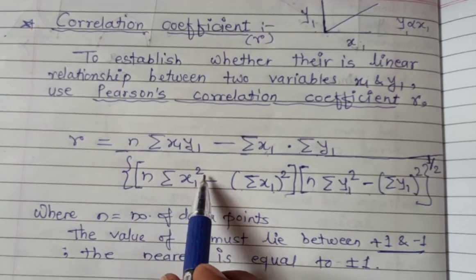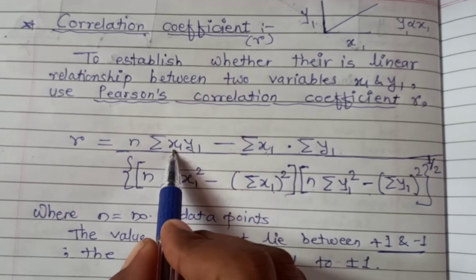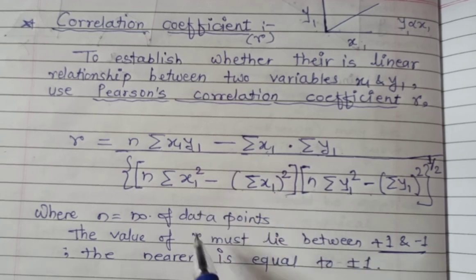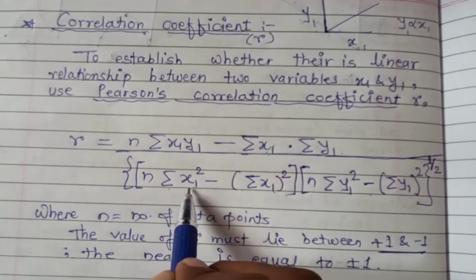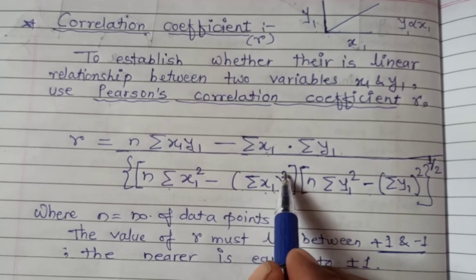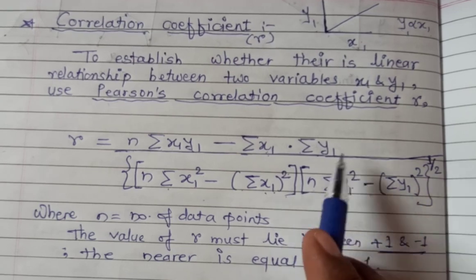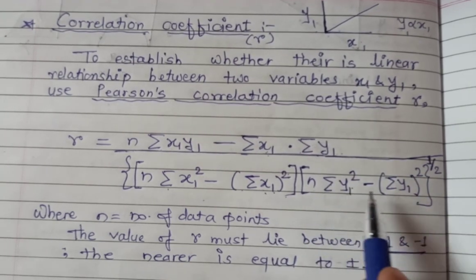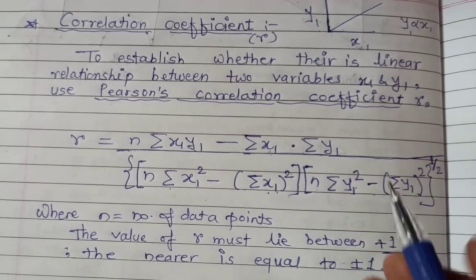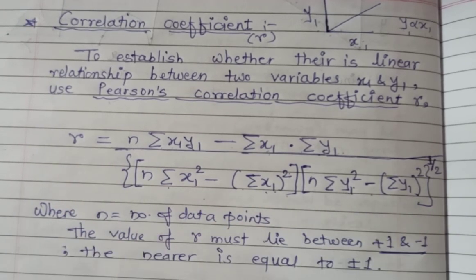Then summation of x1 squared. Here you have to square each and every x value, and after squaring each x1 value, finally adding all these values, you get the summation of x1 squared. For summation of x1 whole squared, take only the first column summation of x1, put this value here and then square it. Again, the same for summation of y1 squared. Initially you have y values, square each value, keep these values in another column, and after adding all the values we get summation of y1 squared. In the problem we will learn this in detail.